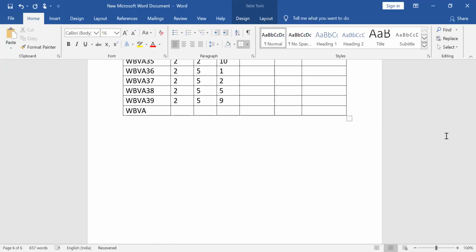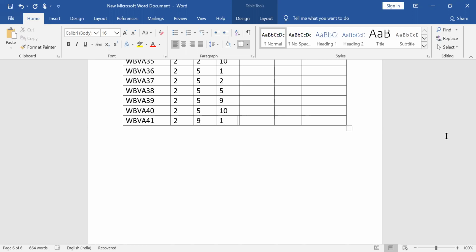WBVA 40: 2, 5. WBVA 41. So this is 2. Next one is no 5. 5 is over. So next one is 9.